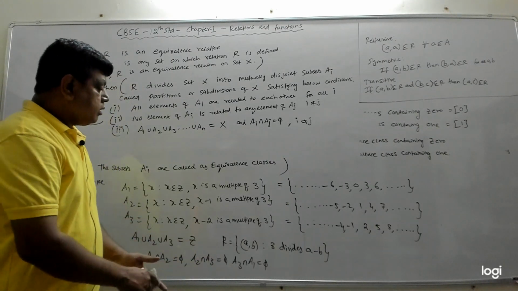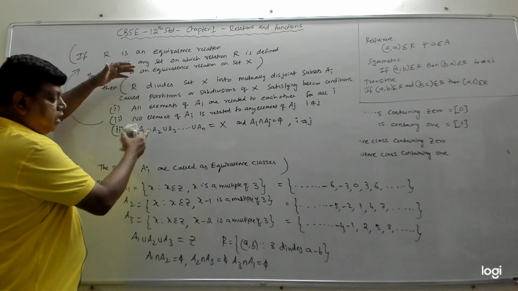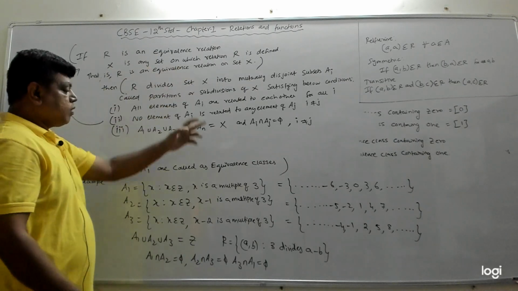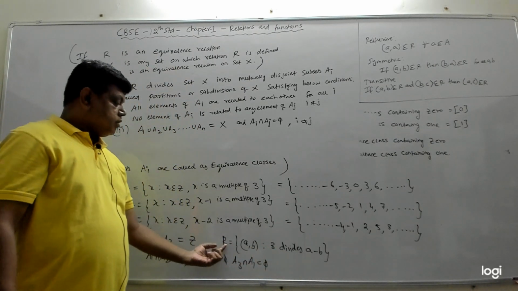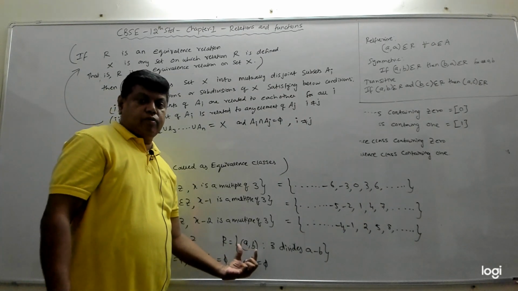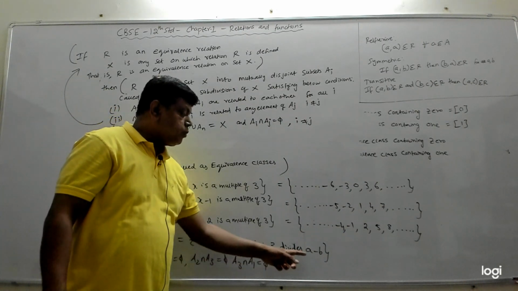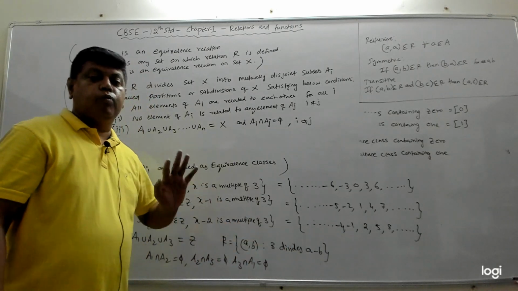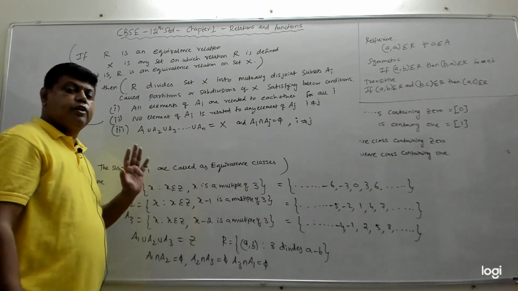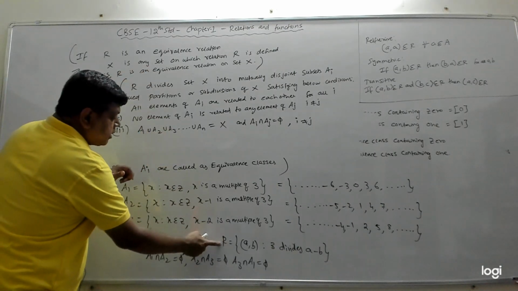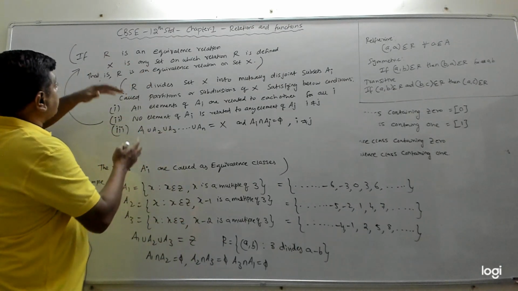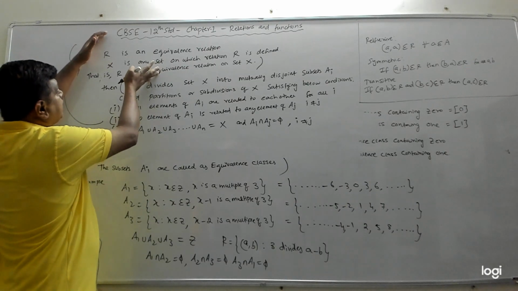So now we have got this condition. Then we can show that R is an equivalence relation. We can prove that R, the relation, the set of all (a, b) such that 3 divides a minus b, is an equivalence relation. It is true. So when you have these conditions satisfied, you can show this relation is an equivalence relation. Or if you have a relation which is an equivalence relation, then it can